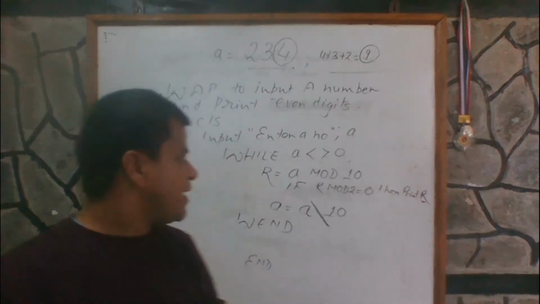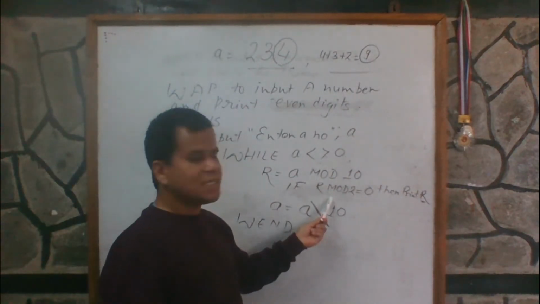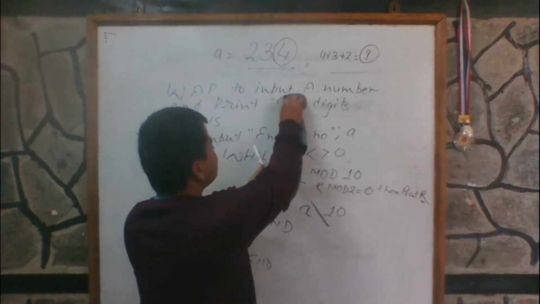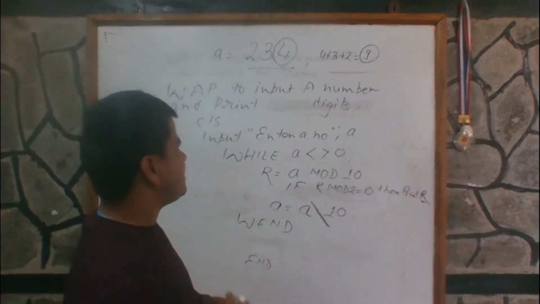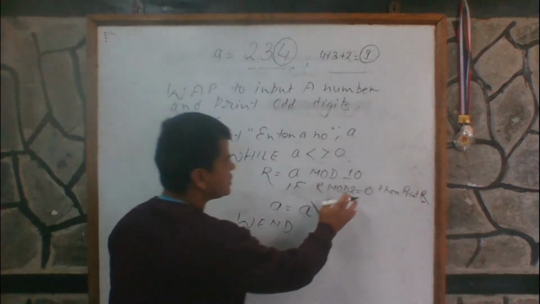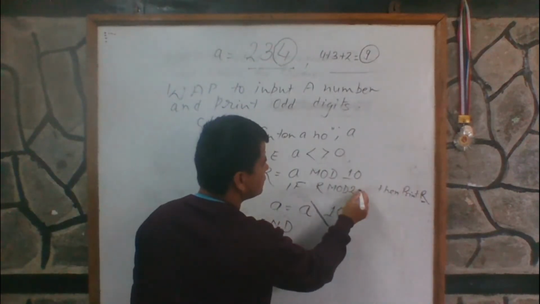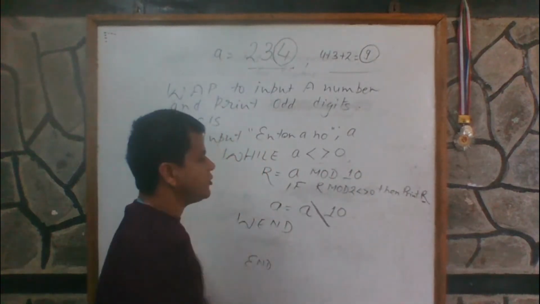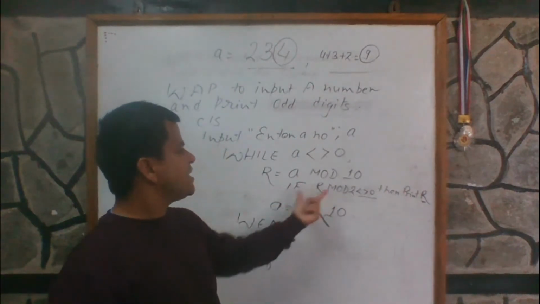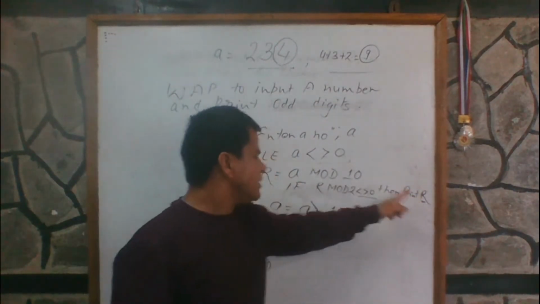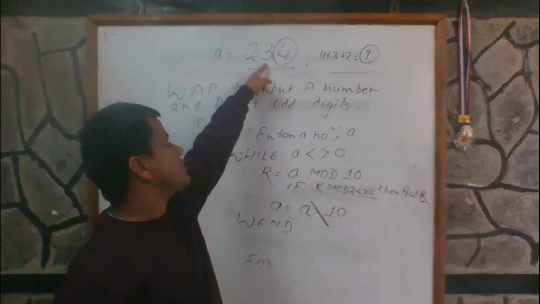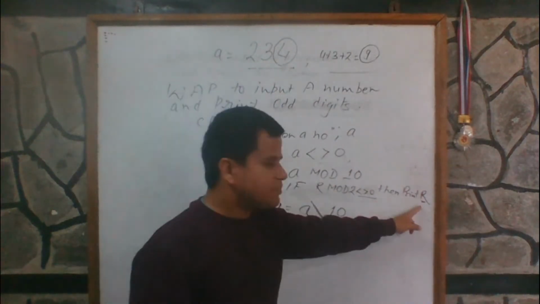So to print the even digits of the number, you can just change this line over here. For example, if you want to print the odd digits, many programs are based on that. You just have to make it not equal to 0. When you make it not equal to 0, it means the number is not divisible by 2, so obviously it is an odd number, and the odd remainder is going to be printed. The odd remainder is only one, that is 3. So 3 is printed over here.